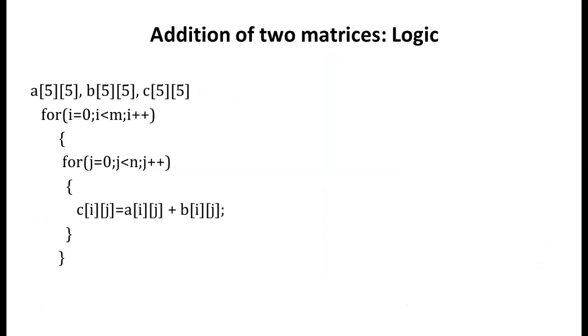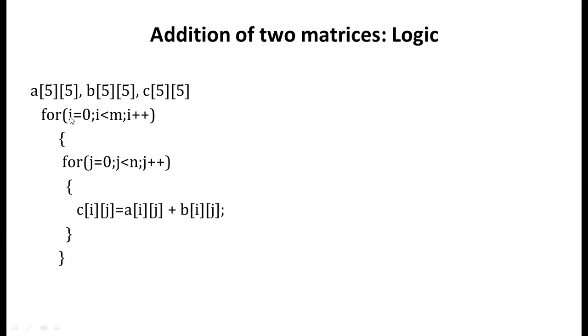Okay, I will not write the full program. Addition of two matrices. Inserting elements, we need two for loops. Already we have seen that. Display is also the same thing. For matrix addition, I need three matrices. Matrix A is the first matrix and B is the second matrix. After adding A and B matrices, that result will be stored in another matrix, that is C.